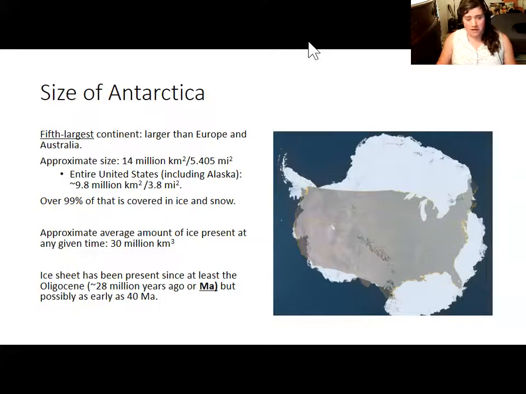Over 99% of all of this is just a wasteland of ice and snow. A very beautiful wasteland, but fundamentally that. There is just so much ice present on the continent. At a given time, there are tens of millions of square kilometers of ice present on the entire continent. This is a gigantic pair of ice sheets. There are 2 separate ice sheets, in fact, the West Antarctic and the East Antarctic.